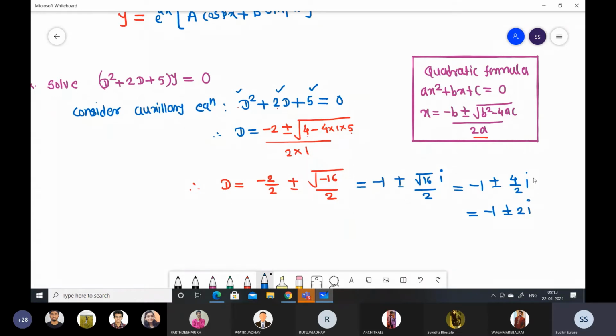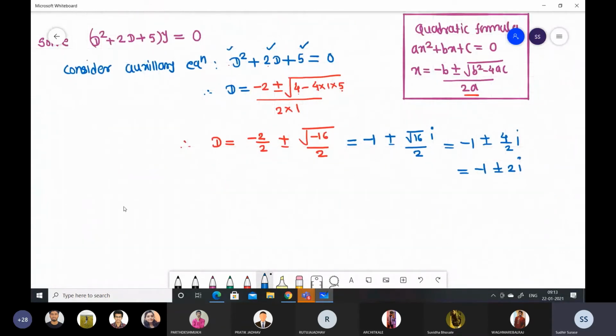So here we can see the complex roots of the given auxiliary equation. One is minus 1 plus 2i, and as I told you earlier, whenever you get a complex root, then by default you will get its complex conjugate also as a root, right? So what is the complex conjugate of this? You can see the second root is minus 1 minus 2i. You can see the change in the sign: this addition sign changed to negative, right? So only the beta part, the imaginary part, you have to change.